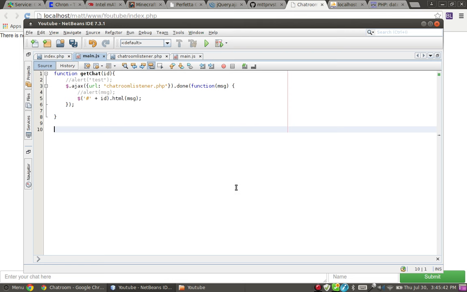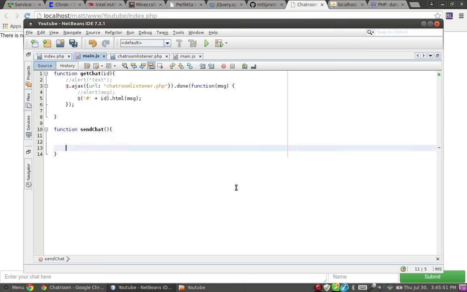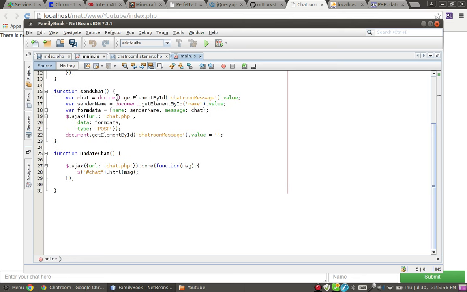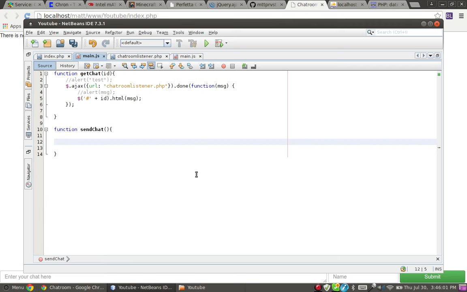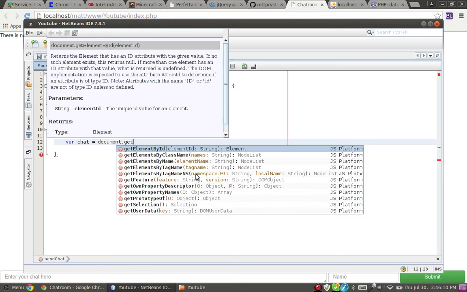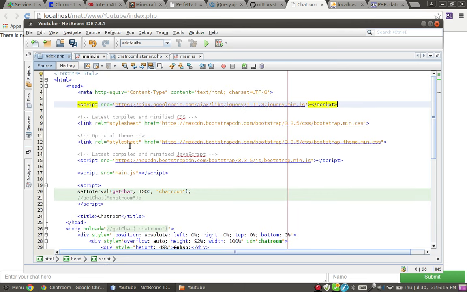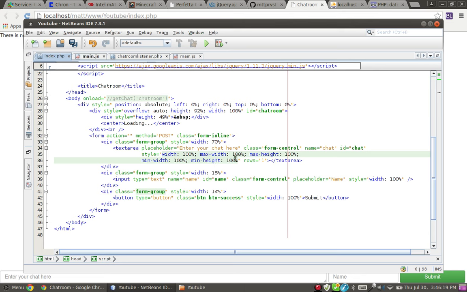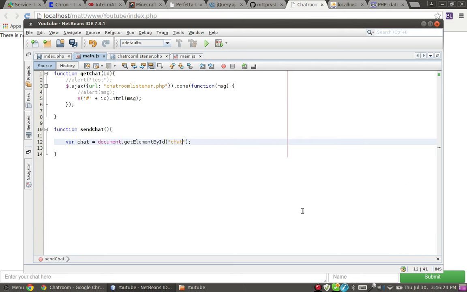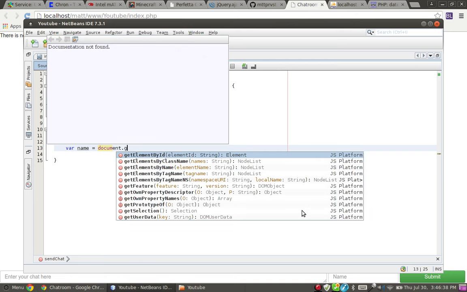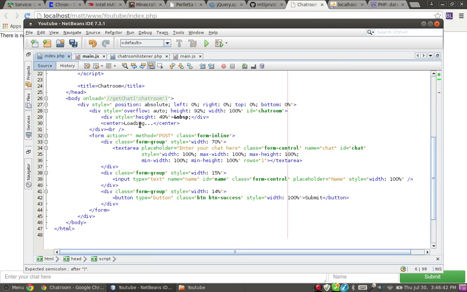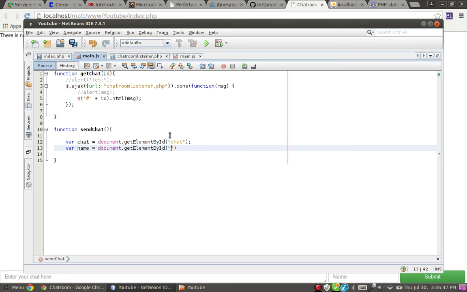Now we want to do function send chat, and we don't need any arguments for that, but I'm gonna take a quick look at this to see how it works. Okay, so we make a variable, make the chat document dot get element by ID, and since my chat form thing's ID is chat, I can just do chat right here, and then name, same thing but name, document dot get element by ID, and I think it's called name. ID equals name, yeah. So name,